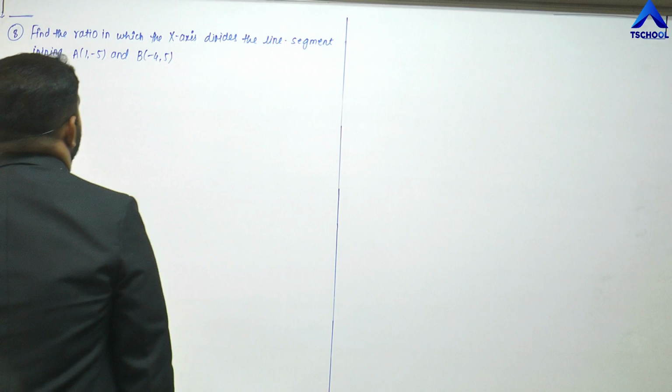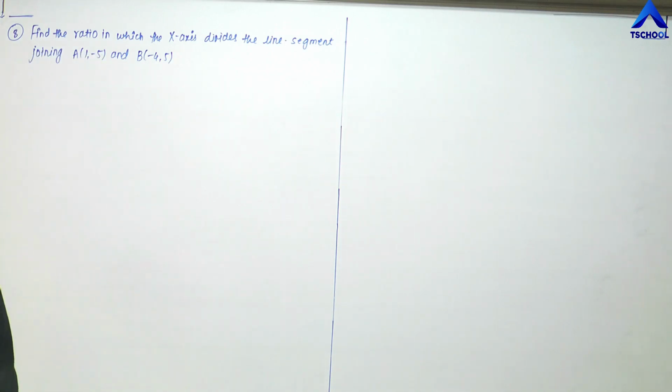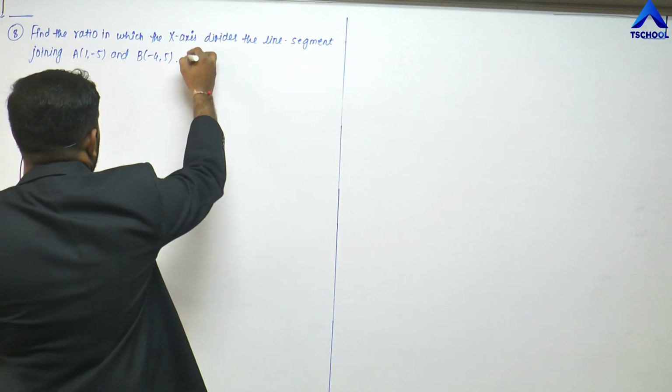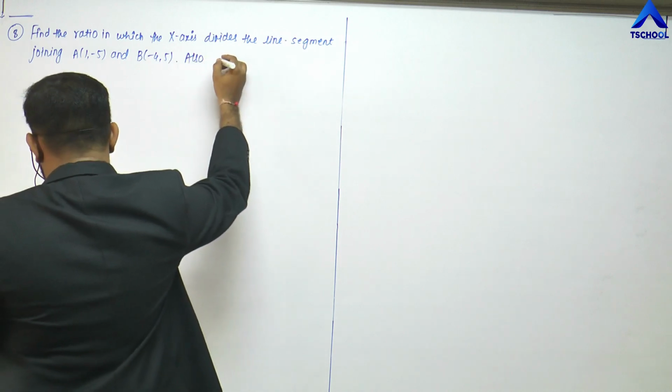Find the ratio in which the x-axis divides the line segment joining 1 comma minus 5 and B minus 4 comma 5. Also find the